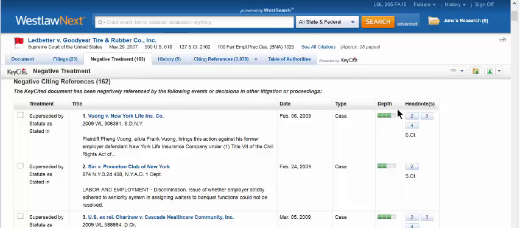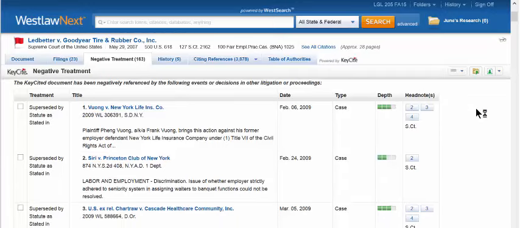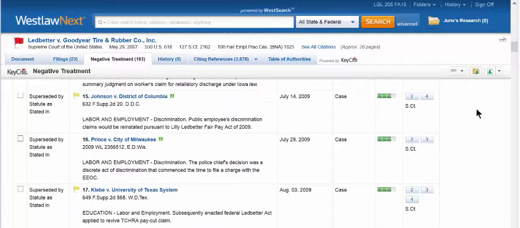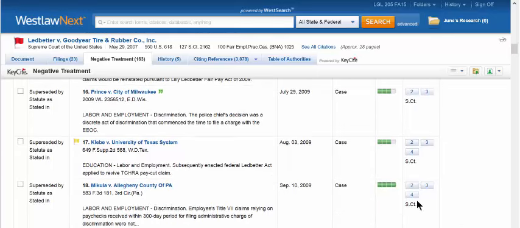Goodyear Tire and Rubber Company. Why is that important? I'm trying to understand how other cases described, criticized, and followed the Ledbetter case. This is a super shortcut, because if it wasn't covered or discussed very deeply, I don't want to read it. I only want to look at the depth of coverage. So I really might want to look at this case because it's covered very heavily in the